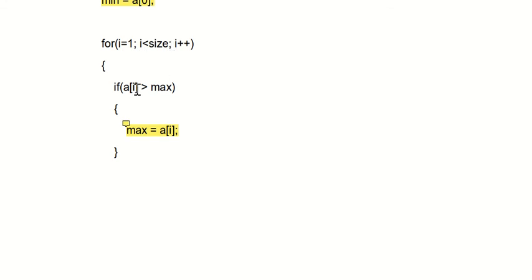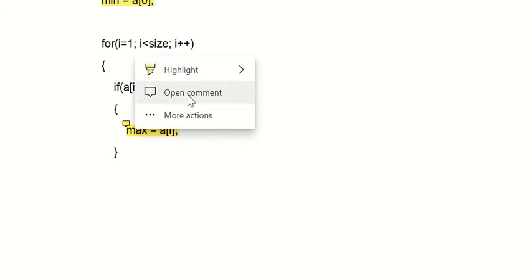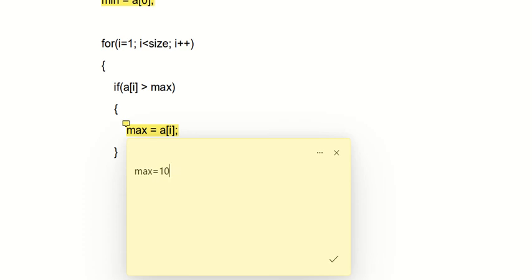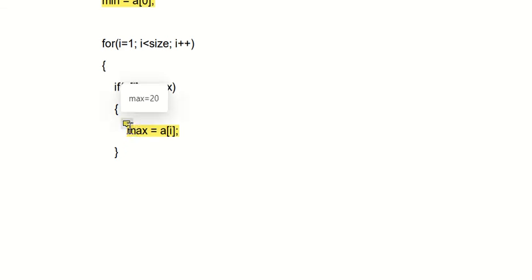So again back to the for loop here, i plus plus. Now i is 2, so 2 is less than 5. Again a[2]. Now in a[2] we have 20. So 20 greater than the current value of max. What is the current value of max? 10. So 20 greater than 10, obviously the condition is true only. So that means now again I will change here, and instead of 10 now I will write max equal to 20. So now the latest or current value of max is 20.